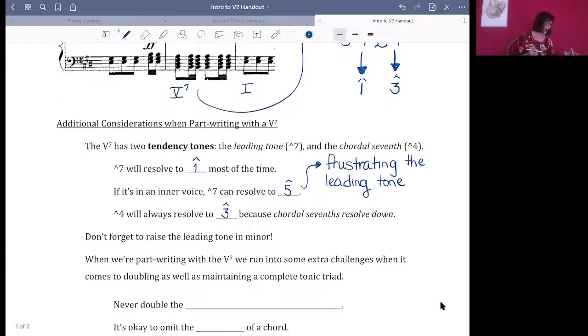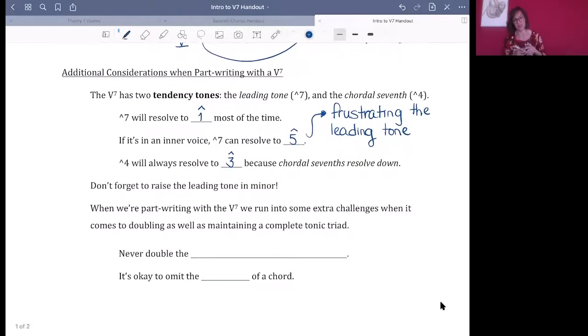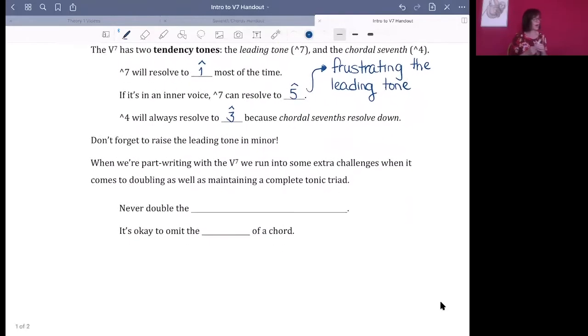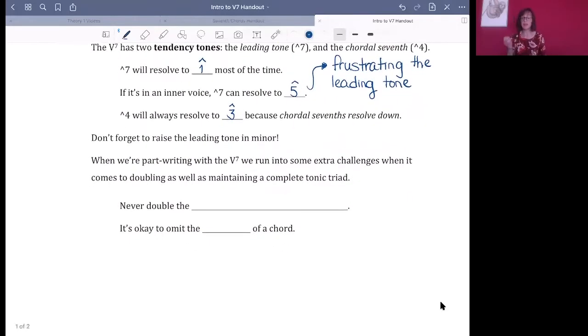Okay, we are going to part write with this 5/7 in a second. So a couple of other things to remember. Don't forget to raise the leading tone in minor, forever in your 5 chords. Now, part writing with the 5/7, we sometimes run into some interesting challenges in terms of doubling and whether or not we can maintain a complete tonic triad. And we'll talk about that in more depth when we get to the second page. But